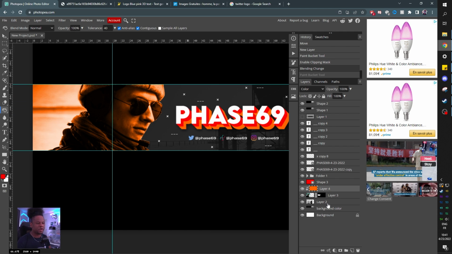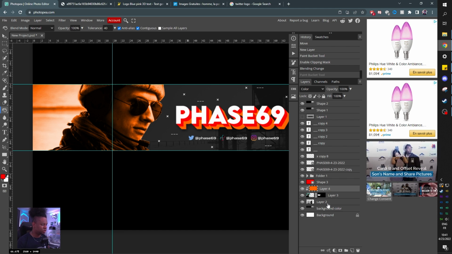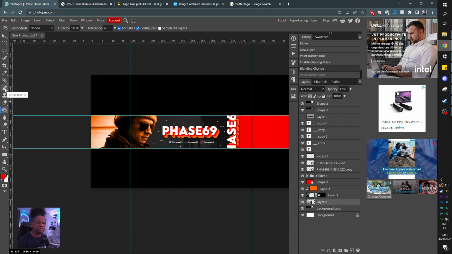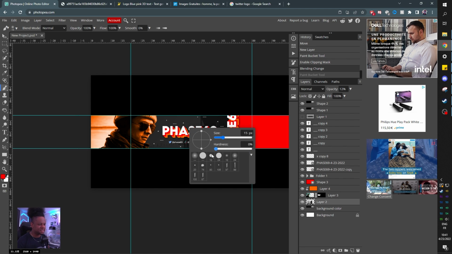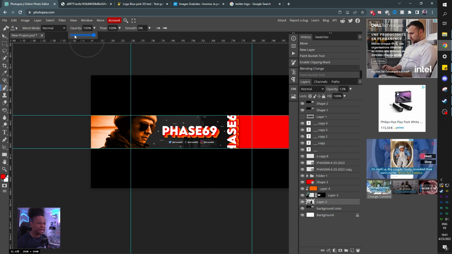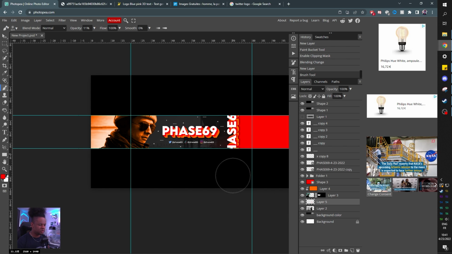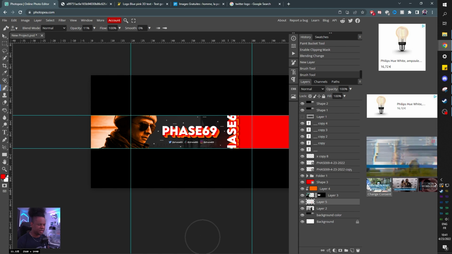All right, now is the part where we're going to add extra colors by using the brush tool. So I'm going to click my layer, which is the black and white image in the background. I'm going to find my brush tool or press B. I'm going to right click, make sure that my hardness is at 0, so it's going to be very, very feathered. I'm going to make my brush quite big, and lower the opacity so I can get more control on what I'm doing. 10% is usually fine. Then I'm going to create a new layer, an empty layer, and click a little bit just to see the effect that I'm making.